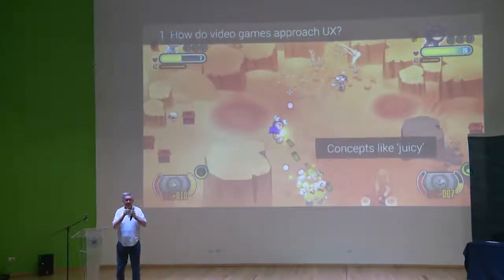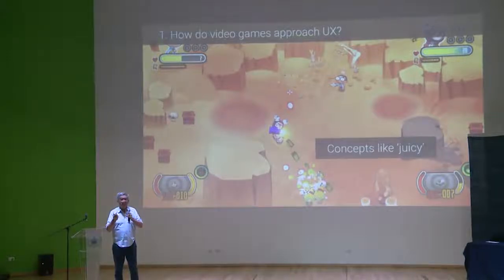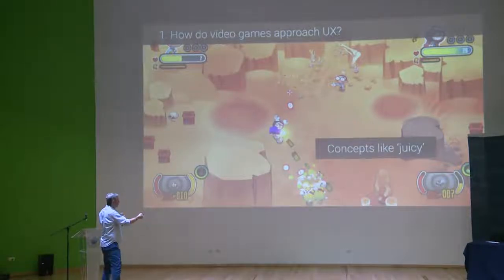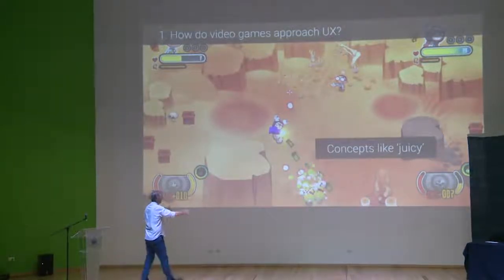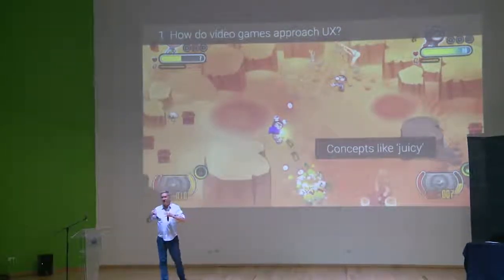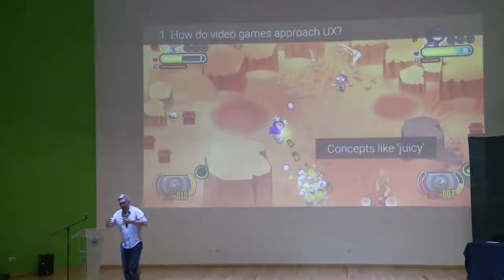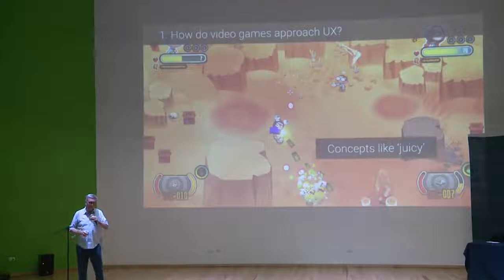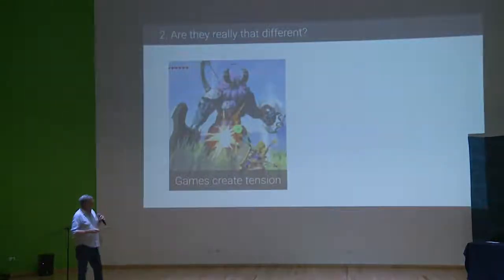So initially games were like Asteroids. You'd shoot the laser and it'd go pew, and that was it. It was a little laser. And now you shoot and it's pew, and it's just this huge reaction. And so there's all sorts of animations and vibrations and things, and it's all about making the game extra responsive. And I'm like, I don't think that's what I'm looking for. That still feels more like gamification.